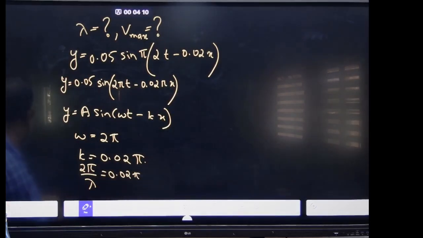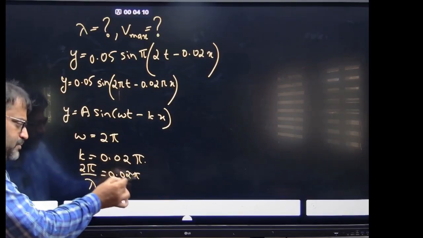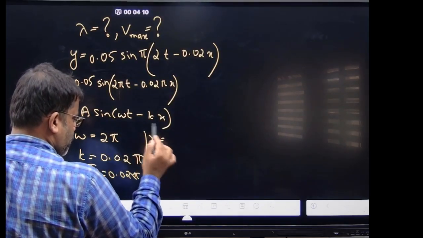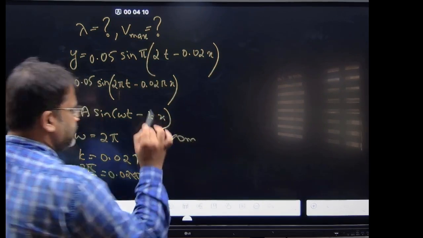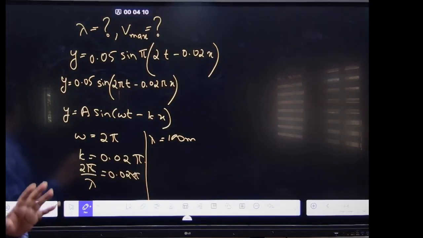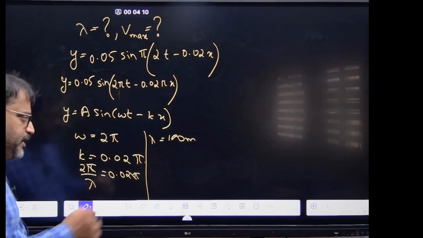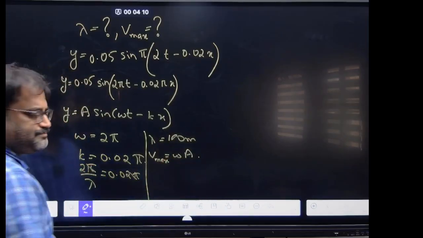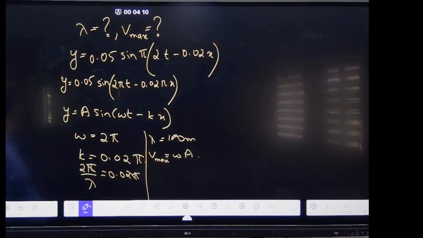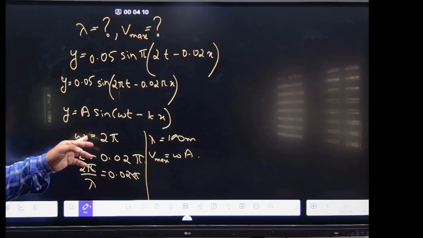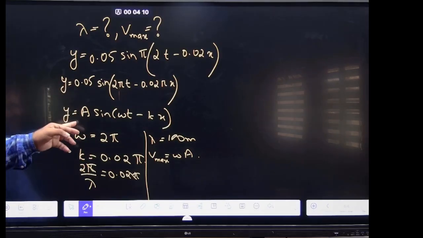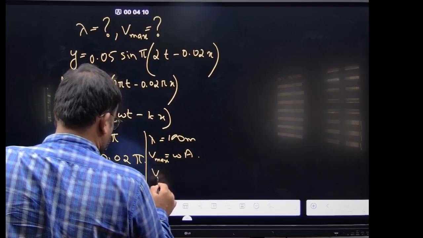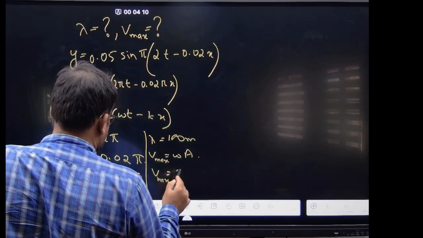So can I cancel something here? Pi can be cancelled off. That means lambda is equal to 2 divided by 0.02, that is nothing but 100 meter. Now what is the maximum velocity? The maximum velocity is given by omega a. Omega we have got, and comparing, we get a is equal to 0.05. That means V max is equal to 2 pi